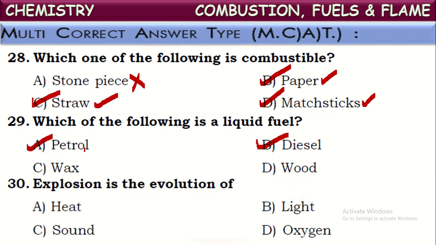Okay, next one. Explosion is the evolution of... So what are evolved when explosion occurs? We know when explosion occurs, heat, light and sound, these all are evolved, but oxygen is consumed there actually, isn't it? It is not produced. So these three are evolved while explosion is occurring: heat, sound and light. Next,